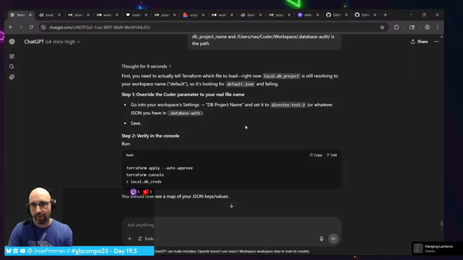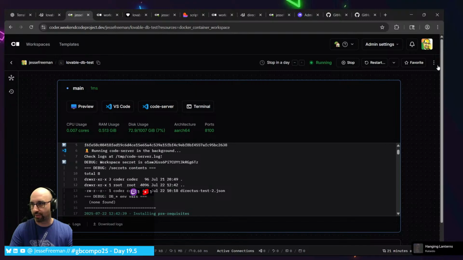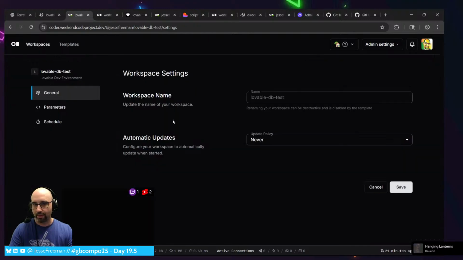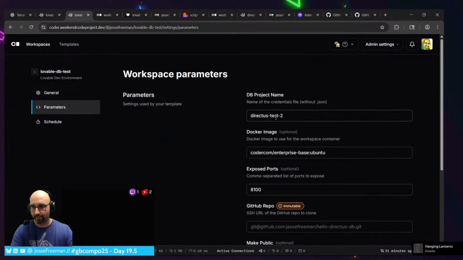All right, so first you need to actually tell Terraform which file to load. Right now it's looking for a default JSON and failing. Override, and set it to, I've done this already. Hold on, let's go into this project and let's see what's going on here. Parameters.